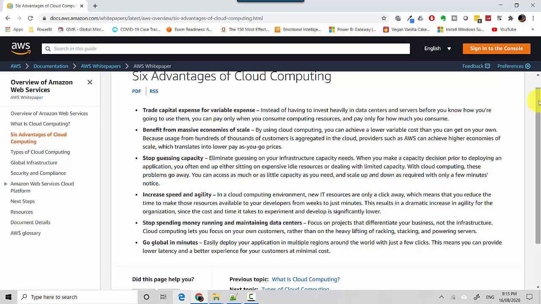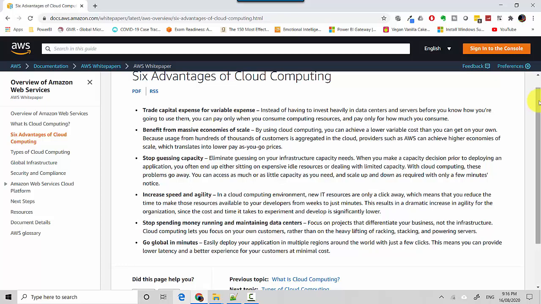Increase speed and agility. In the past, probably when you wanted a server, you had to raise a request and then the IT servicing team would get the server for you. They will patch the server and they'll provide it to you. It could probably take maybe 4-6 weeks, maybe months, 6 months. So that could take a long time. Now all you need to do is go into your cloud and say, hey, I want this instance, this is the specs I want, and you can just run it. Probably take you 5 minutes to do it. And we'll go through all of these as we go along this journey, but I'm just covering this upfront.